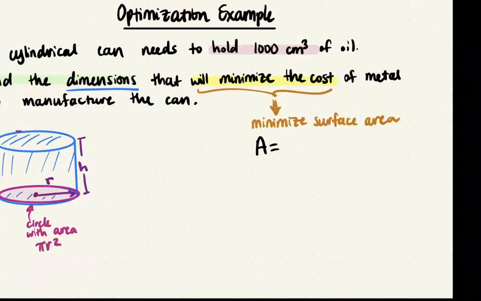But for a can, I have two of these circles. I have one on the top and one on the bottom. So this also has an area of pi r squared. And then I have the outside of the can, this part that I have in a greenish color here. Well, if I were to unravel it, it kind of has